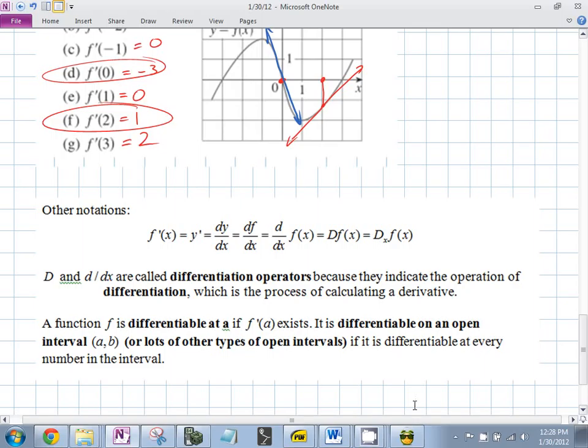It is differentiable at every number in the interval. So if I said a function is differentiable on the interval from a to b, it means that you can find the derivative for any value between a and b. That's all it means. So if I said just a function is differentiable, that implies that it's differentiable at every value on its domain. So if you say a function is differentiable on an open interval, does this mean it's differentiable necessarily at a or at b? No, it just means on that particular